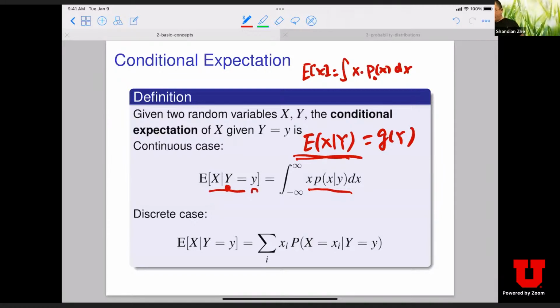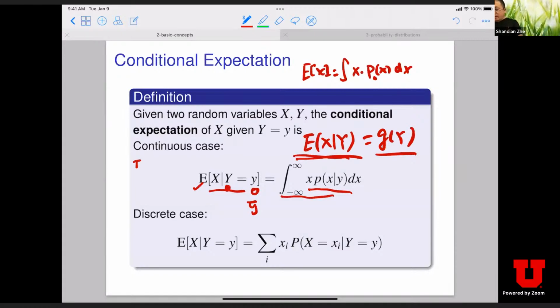You can see that for a particular choice of big Y, like say small y here, you get the conditional expectation for X. But if you choose the big Y value to be another, like Y hat, you get another conditional expectation of X. So actually this conditional expectation varies with the value of the random variable Y. It depends on the random variable Y. That's why we should view it as a function of random variable Y. Does it make sense? Okay.